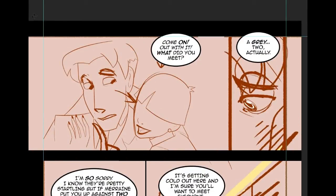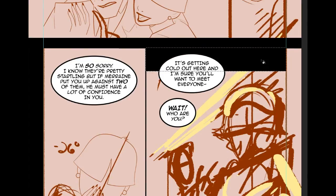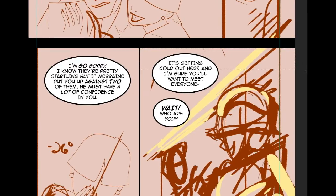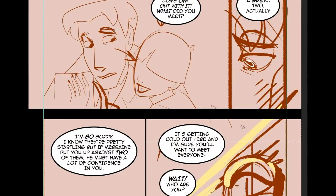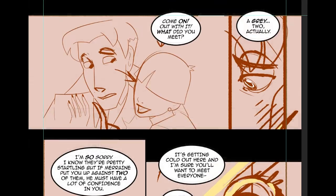Okay. And then we'll do this panel here. Oops, I didn't even... Where's my head? Where is my head today? So, if I'm going to have this panel extend a little bit, or sit differently in the gutter area, I want to...